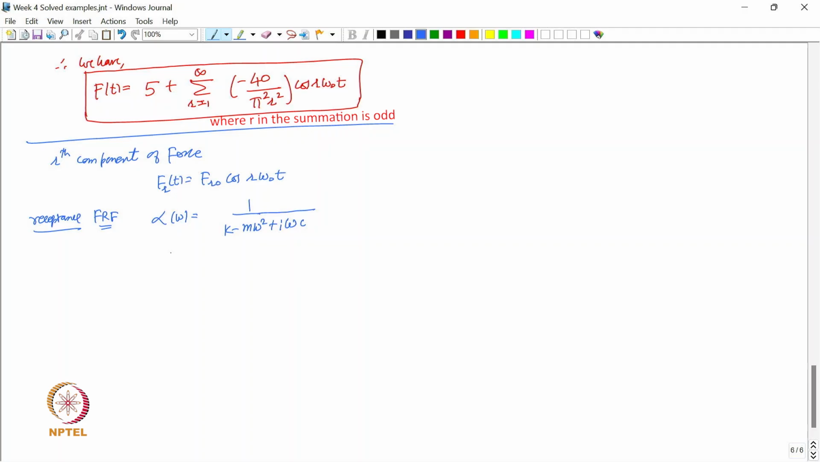And the magnitude of this I can determine, and I can also determine the phase angle: alpha omega is equal to tan inverse of omega c upon k minus m omega square, correct. So, therefore, now the response to F_r(t) — what would that be? That would be given by